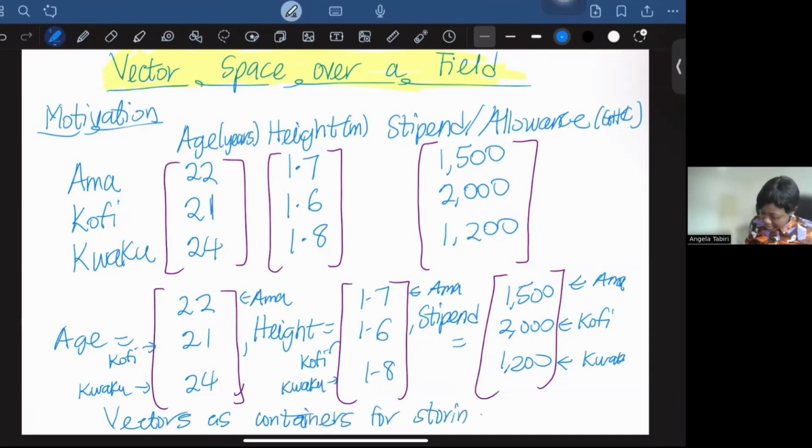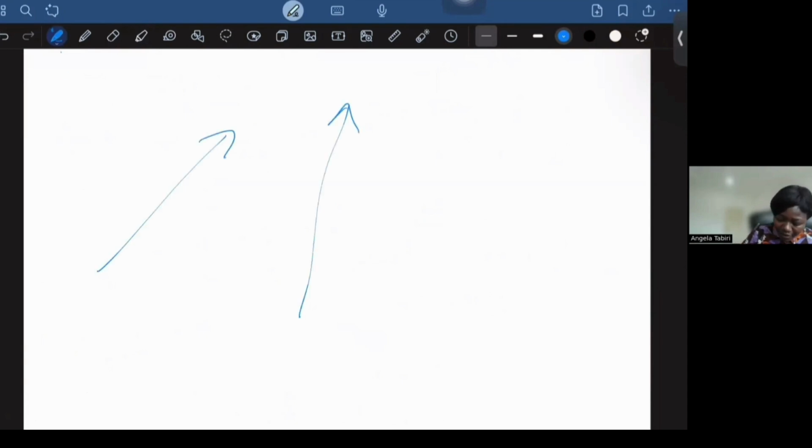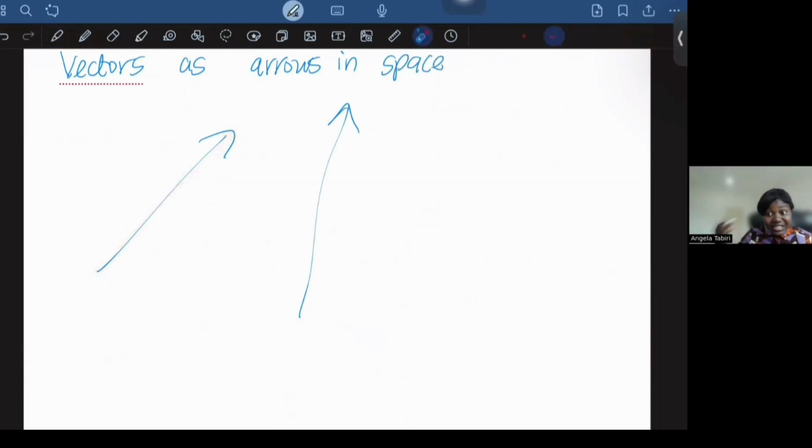So that if you're a physicist or you work in geometry, right? You work with arrows. There are some arrows in space. So you can think of vectors as arrows in space. Now, these arrows in space, they can change directions, right? So when you have an arrow in one direction, this would be another arrow in a different direction. So this is reverse direction. And we say that we give positive for the original and a negative for the negative direction. So you can think of vectors as arrows in space,